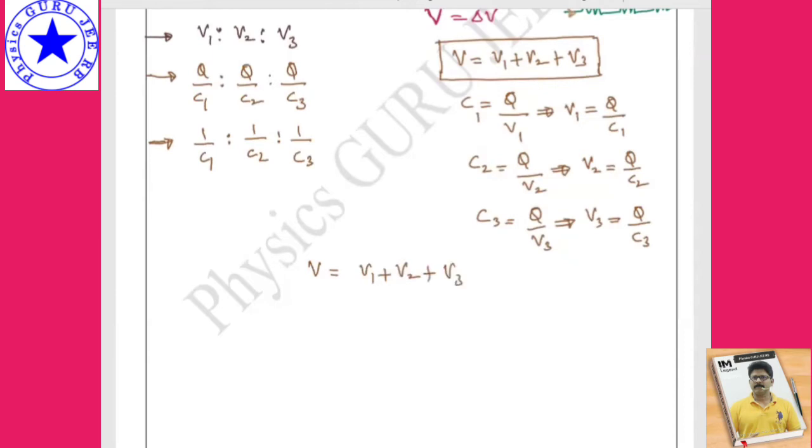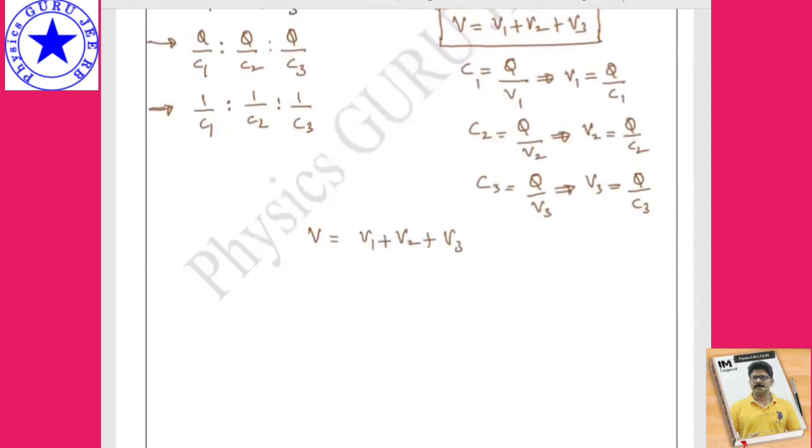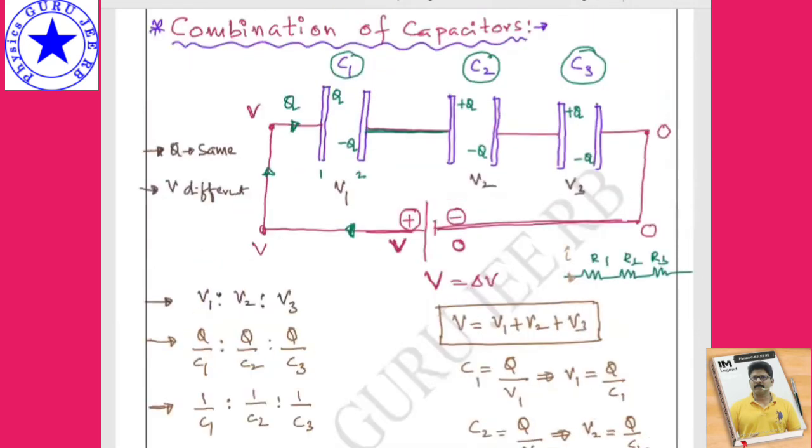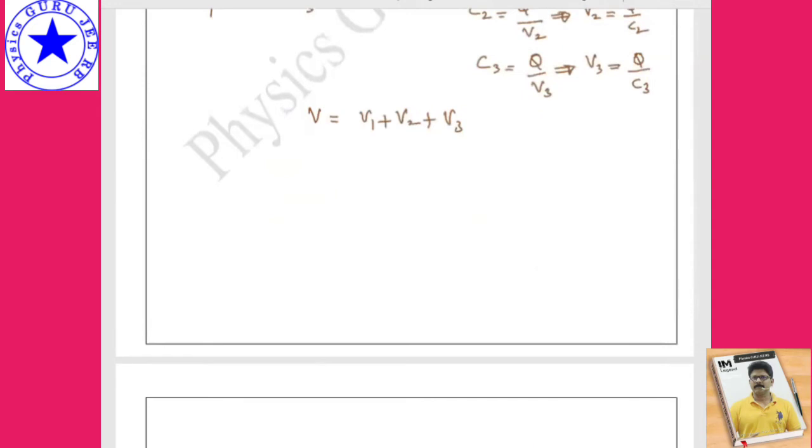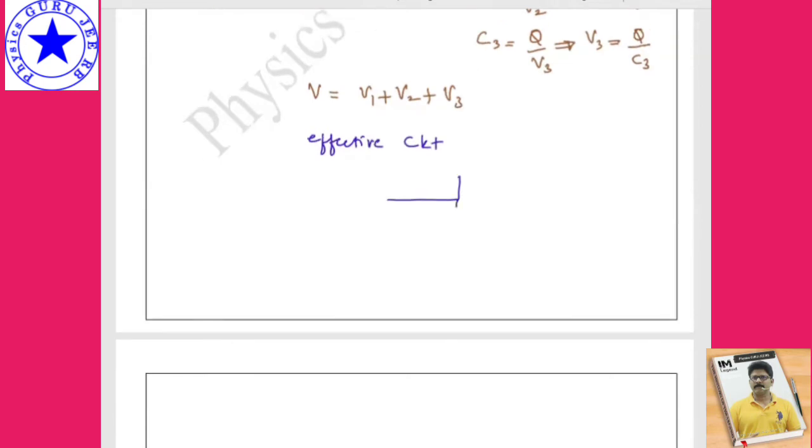Now V is equal to... See, this can be the effective capacitance if I combine all the capacitors. So the effective circuit, if I want to draw, I can draw now. This is the first plate, and here it is the second plate. They are connected to a battery of potential V. It is positive, and this is negative. Here it is 0 volts, and here it is plus V volts, right? Okay, it is distributed V and 0.